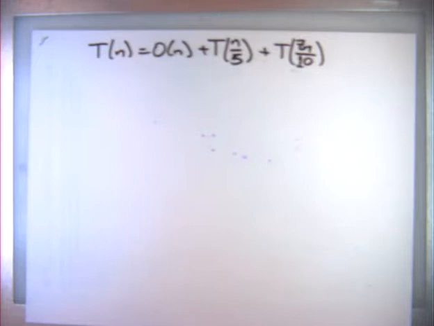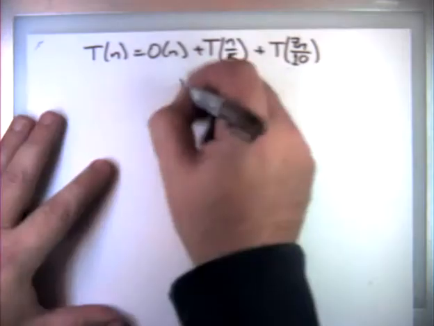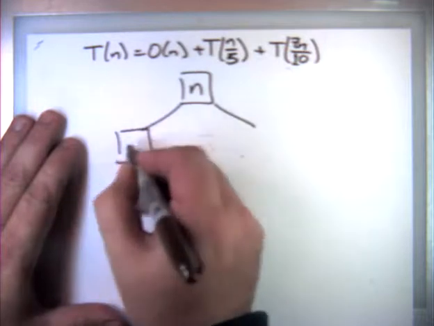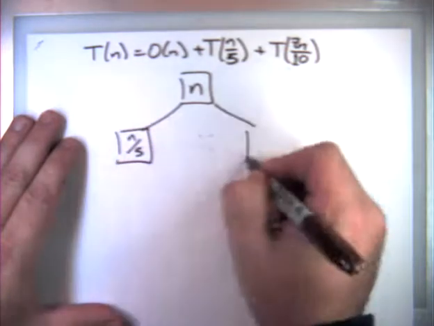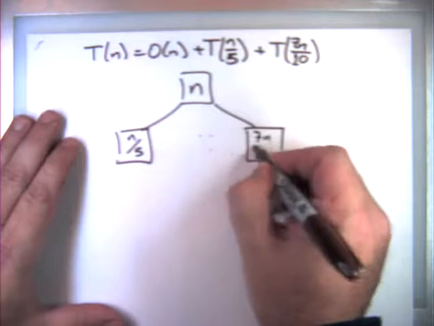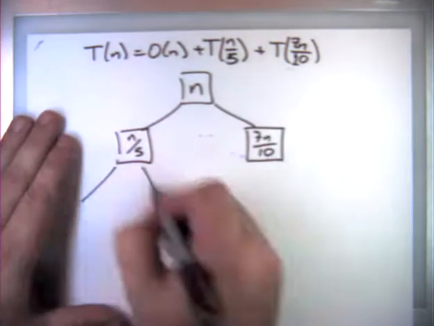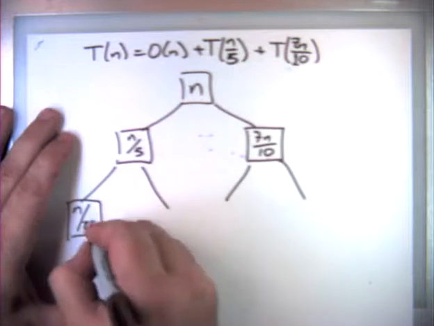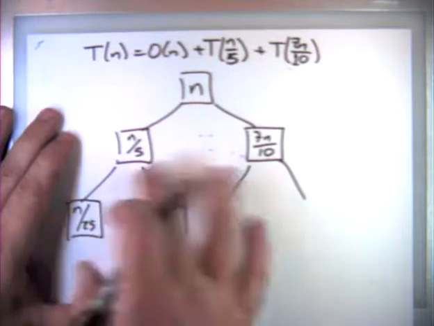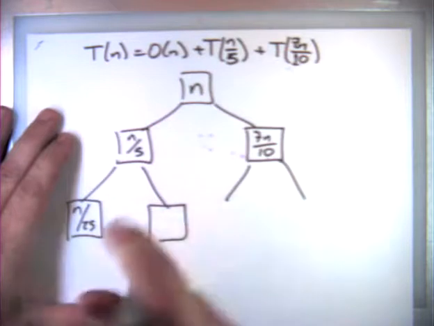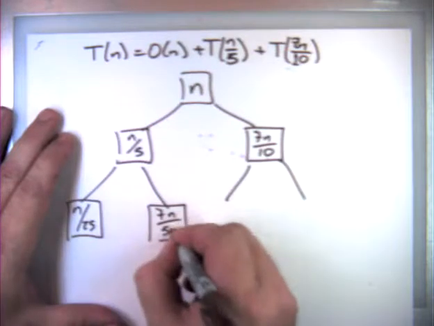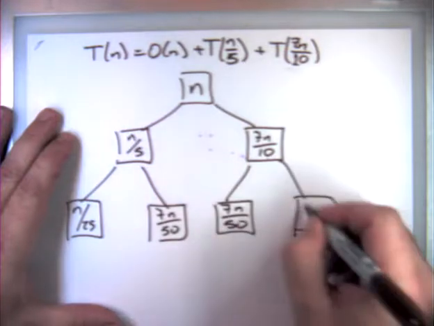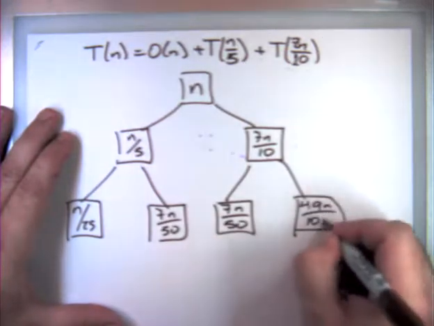Okay, so I'm going to build a recursion tree. At the top level, I'm doing a linear amount of work. At the next level, on one child, I'm doing n over 5. On the other child, I have 7n over 10. Then I have grandchildren. Over here, I'm going to do n over 5 over 5, 25. Here, I'm going to do 7 times n over 5 over 10. So here, 49n over 100, and so on.